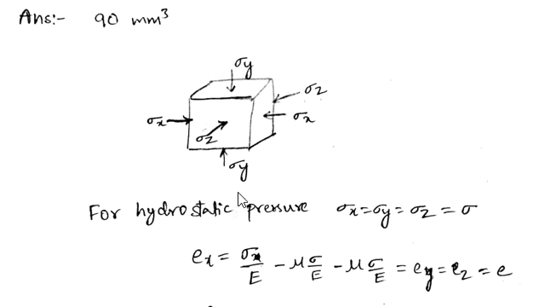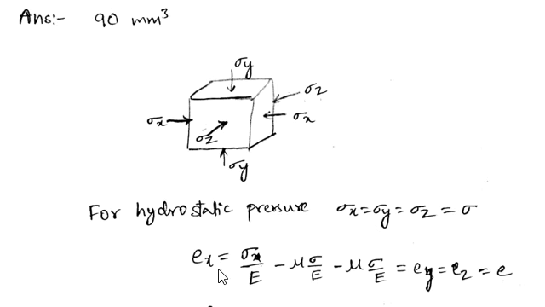So see, strain in x direction is stress in x direction by E. This you know once again from the simple formula of Young's modulus, E equals stress by strain. From that, strain equals stress by Young's modulus, and strain in x direction is stress in x direction by Young's modulus. At the same time there are stresses acting in the y and z directions also. These stresses acting in the y and z directions cause an effect of strain in the x direction, so that will be the Poisson's ratio times the strain in that direction.